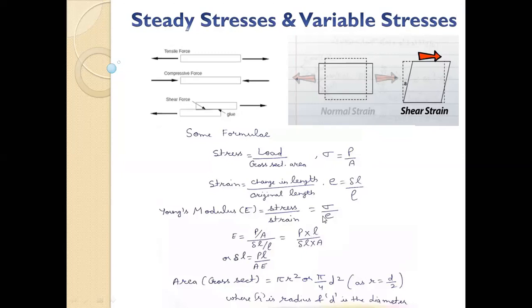Now the cross-section area can be anything. Today we will be going through some basic stresses. Now we also have to see what the stresses are because of bending, because of twisting and all that. But this is basic stress. So here the cross-section area can be anything. It can be square, rectangle, circular, hollow. Whatever it is, you just divide your load by the cross-section area. You will get the stress.